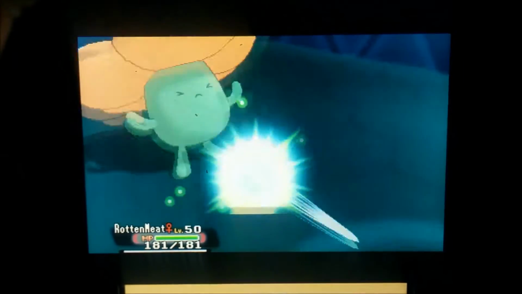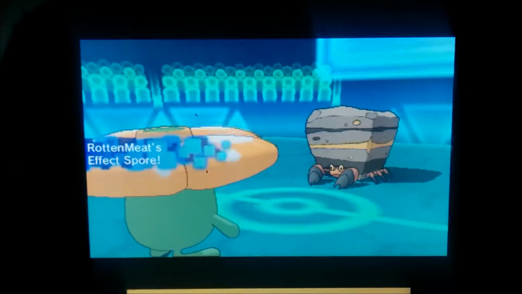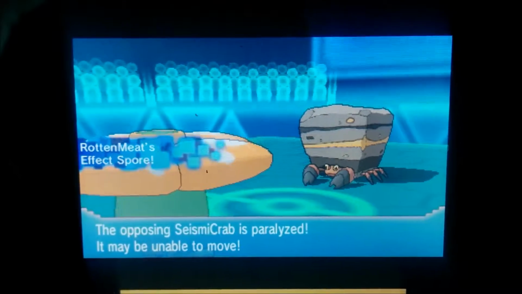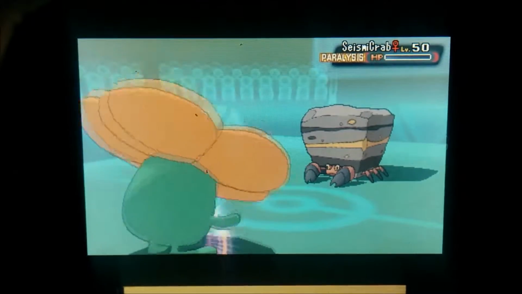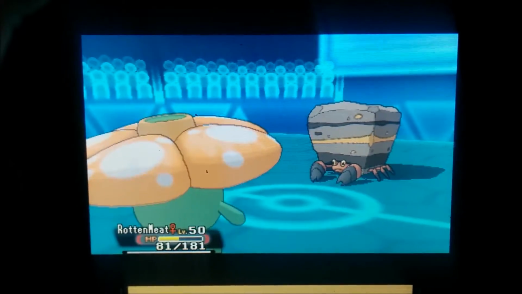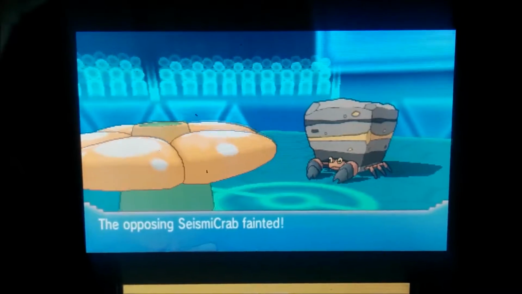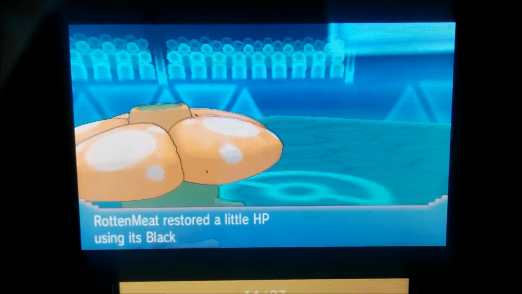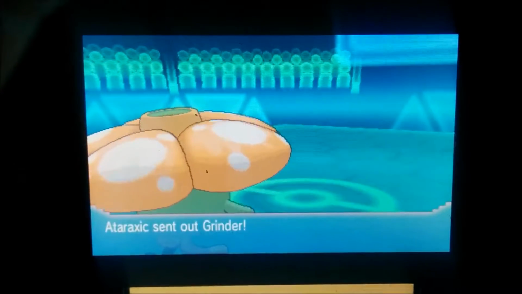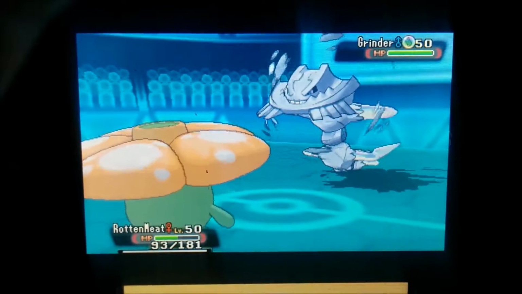He does go for the X Scissor, the neutral X Scissor, and I do take that quite well. And not that it mattered, I did get the, actually, it did matter, for the Effect Spore to get off, and he got paralyzed, as I was able to outspeed him now and just finish him off with another Giga Drain. If I hadn't got the paralysis off from the Effect Spore, then Rotten Meat may have definitely gone down to another X Scissor. So that paralysis did matter. He does come back into his